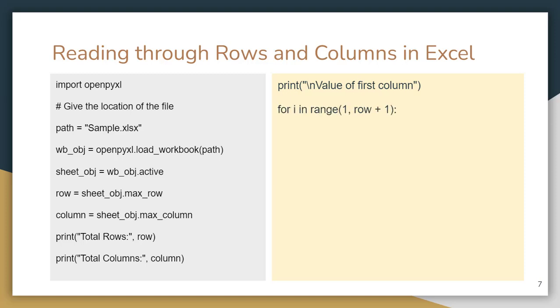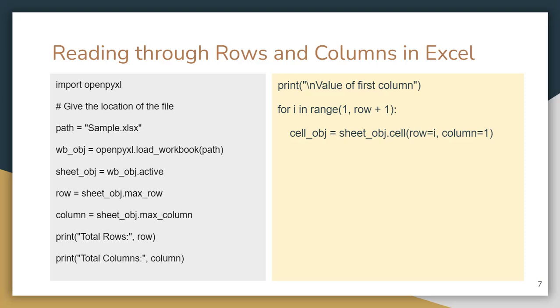And for displaying data in Python, here I am using a for loop: for i in range 1 comma row plus 1, so that we can get data up to the last row. After the colon,